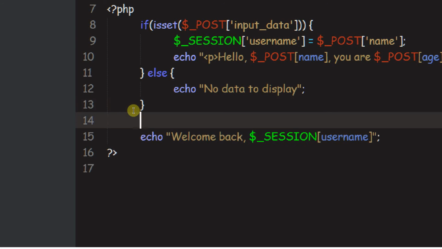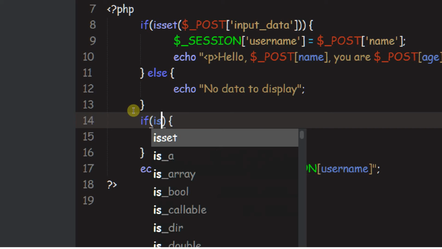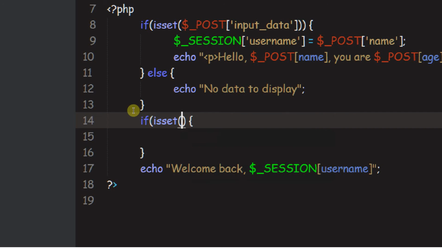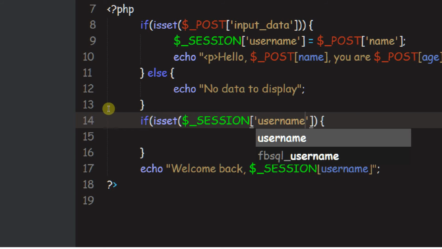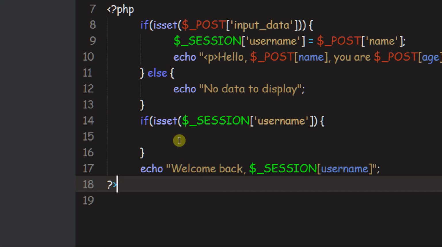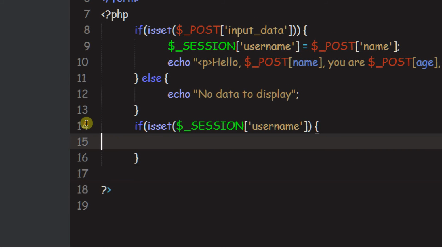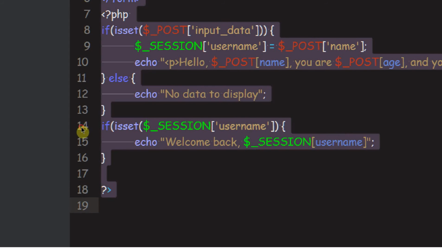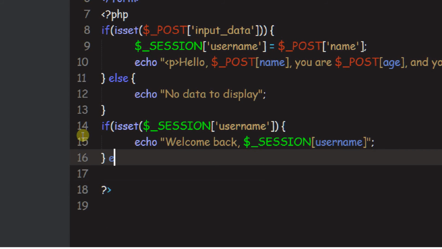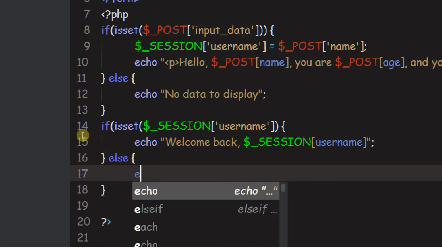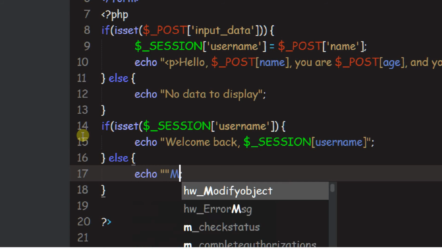To do that, we need to say if isset, and inside here you have to have those parentheses right or you're going to get errors. So if isset $_SESSION, and then we do username, so we call that, then we want to do this code. Otherwise, there we go. If we're not, or else, we want to say